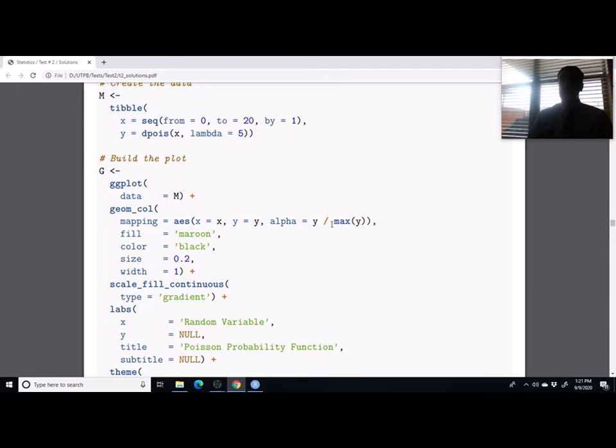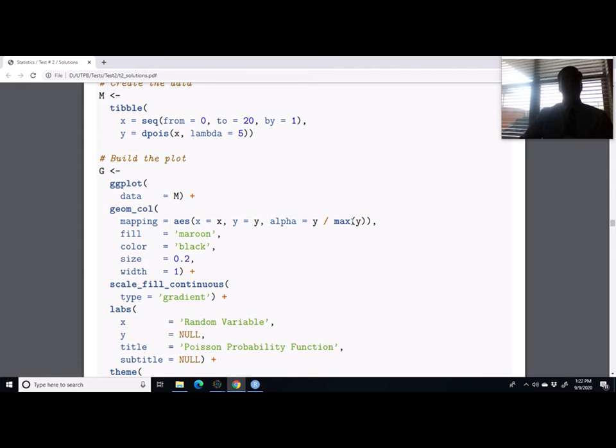So it's the transparency of the fill. But what if you have a column that you want to map to the transparency, but that column takes values bigger than 1? One way to work with that is what I did here. I take y and I divide by the max of y,